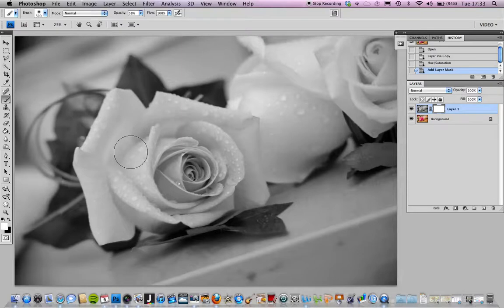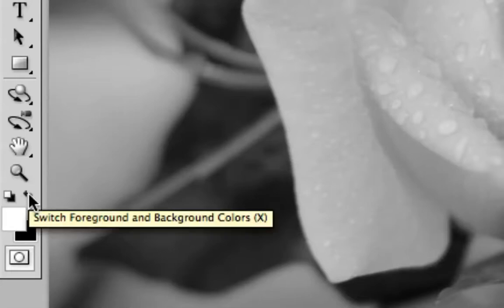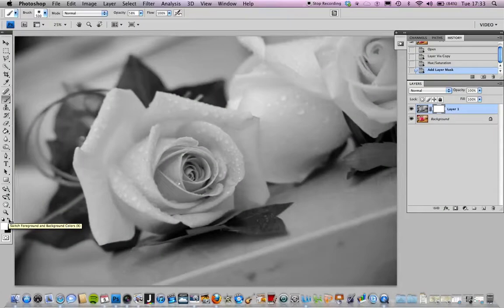And then you use black and white as your foreground and background colours, which are down here on your tools. If they're not where you want them, if they're not black and white, you click on this and make them black and white. To switch them around is that, or X on the keyboard is the shortcut. So you need black as your foreground colour, and then when you click and paint on black, effectively you're erasing that section